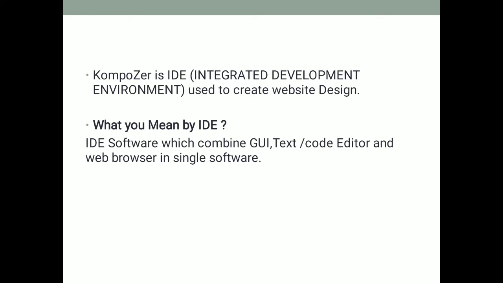Now what do we mean by an IDE? An IDE is software which provides all the facilities in a single place. For example, our composer IDE provides a GUI text editor and some manual designing options. Then we have a web browser inside that IDE software. Otherwise, previously we had to do traditional text editor based programming or web designing, where we had to write the entire HTML code, mention each attribute of the tags, save it with .html, and then browse it with some browser like Internet Explorer, Mozilla Firefox, Google Chrome, this type of web browser.